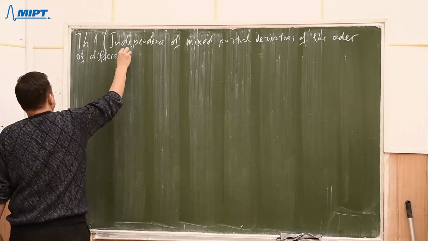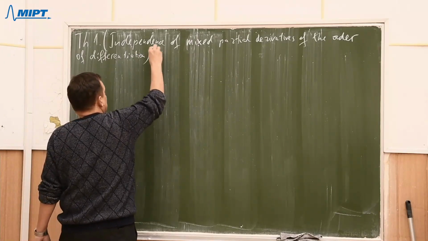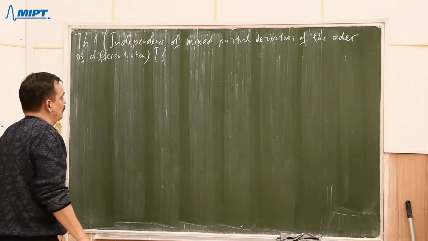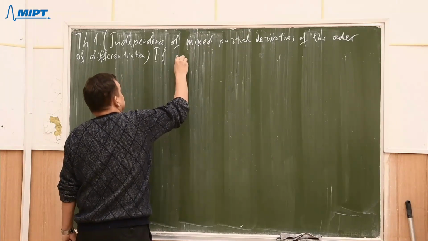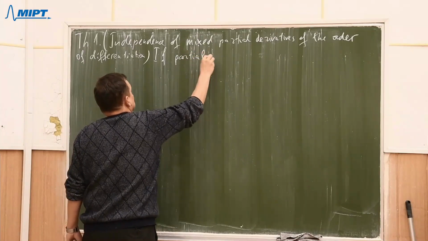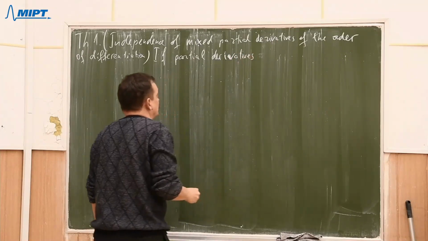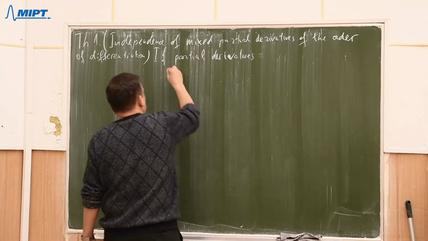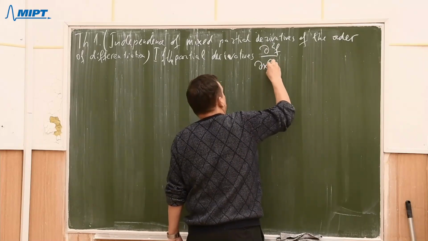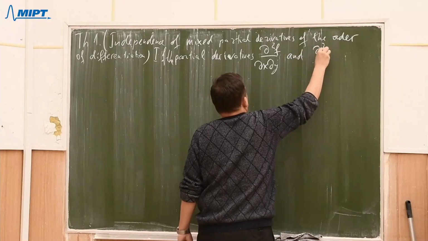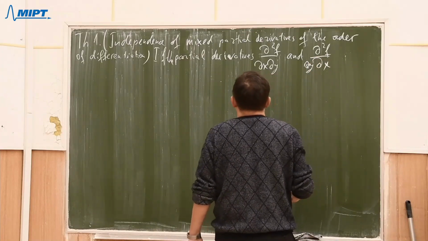If, okay, once again, the partial derivatives d2f with respect to dx dy and d2f with respect to dy dx exist